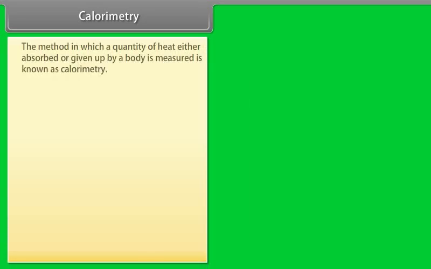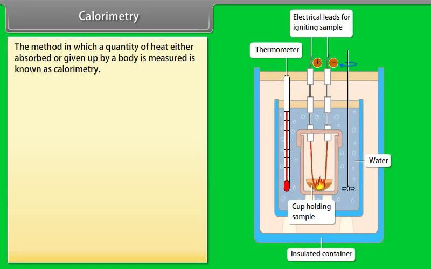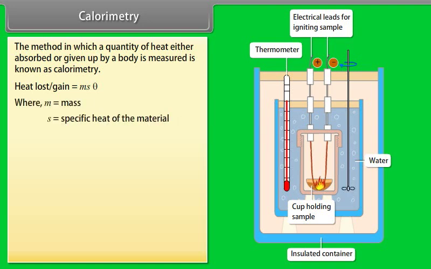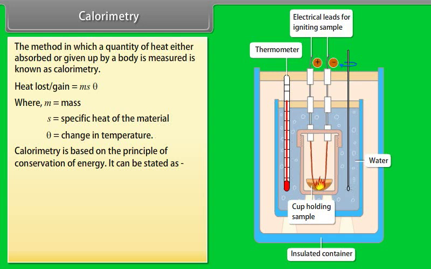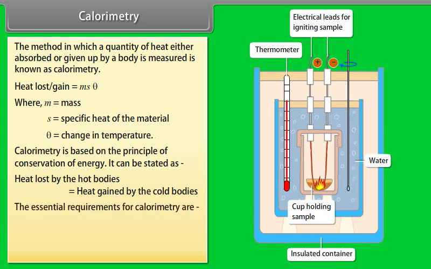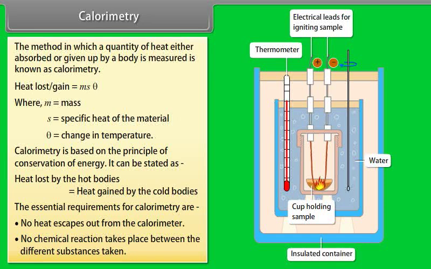Calorimeter. The method in which a quantity of heat either absorbed or given up by a body is measured is known as calorimetry. Heat loss or gain is equal to m s theta, where m is mass, s is specific heat of the material, and theta is change in temperature. Calorimetry is based on the principle of conservation of energy. It states that heat lost by the hot bodies is equal to heat gained by the cold bodies. The essential requirements for calorimetry are: no heat escapes out from the calorimeter, no chemical reactions take place between the different substances taken,